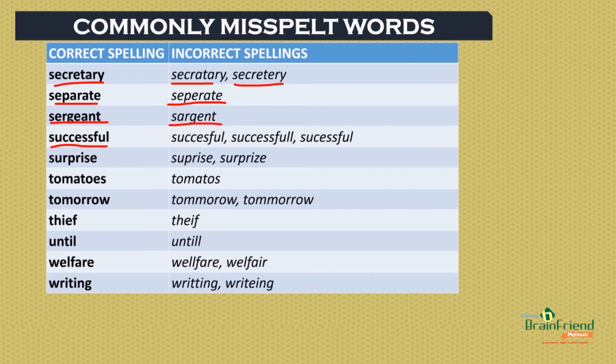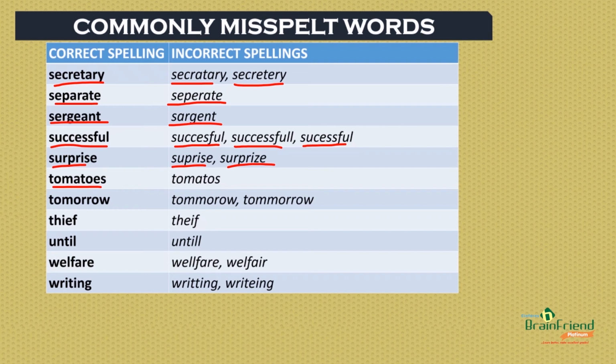S-U-C-C-E-S-S-F-U-L, but wrongly spelled as S-U-C-C-E-S-F-U-L or S-U-C-E-S-S-F-U-L. Next, we have surprise, spelled as S-U-R-P-R-I-S-E, but wrongly spelled as S-U-P-R-I-S-E or S-U-R-P-R-I-Z-E. Next, we have tomatoes, spelled